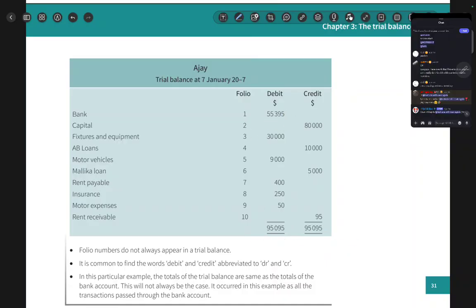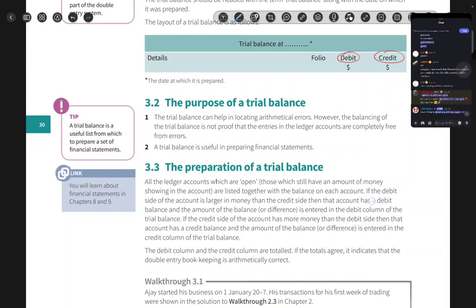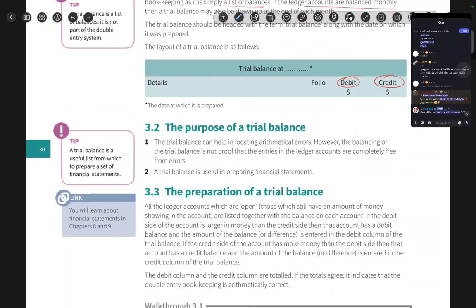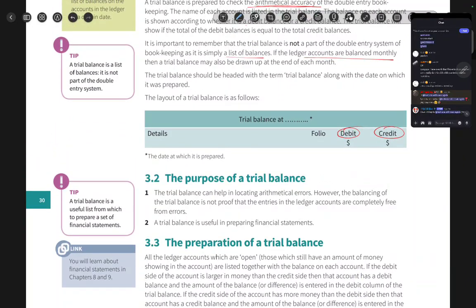And trial balance is not even worth much, it's worth 6 marks only. So it's kind of a scam because it's too easy and it's a lot of writing. Anyways,